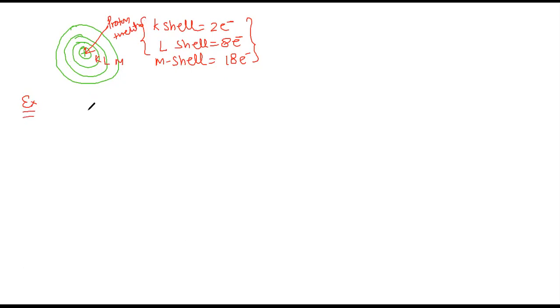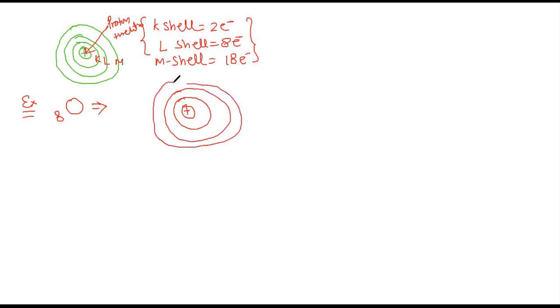I just took oxygen. You know that we have already written the atomic number of oxygen is 8. So how do we do the electronic configuration for that? This is the nucleus, and surrounding it we make the first cell, second cell and third cell. Then we fill the electrons according to the rule. The first cell contains 2 electrons,